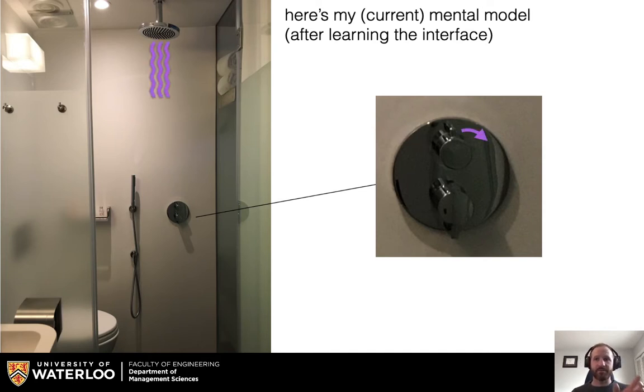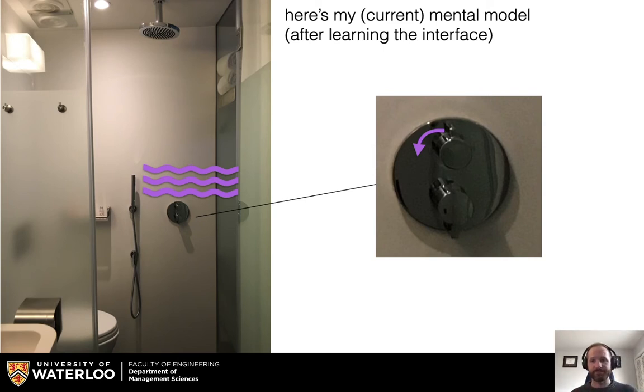If you turn the top to the right, water comes out from the top. If you turn it a lot, then more water comes out. So if you go to the right, it maps to the amount of water coming out. So there's a mapping there. If you go the other way, then you get a bit of water coming out of this wand. And if you push it further to the left, or in a counterclockwise position, then it will have more water coming out. So the degree away from the center for the top knob is the amount of water that comes out, and then the direction maps to, is it going up into the overhead shower head,